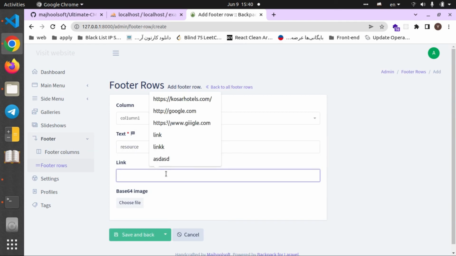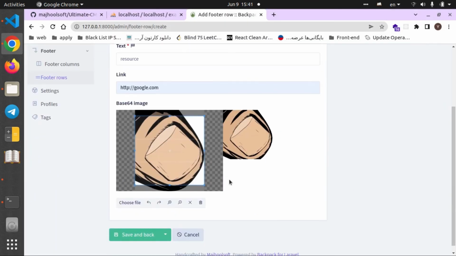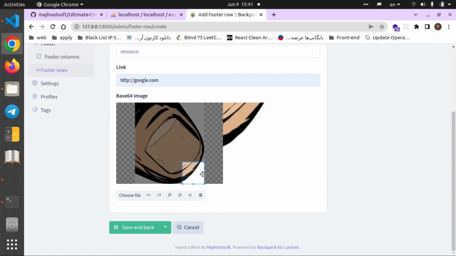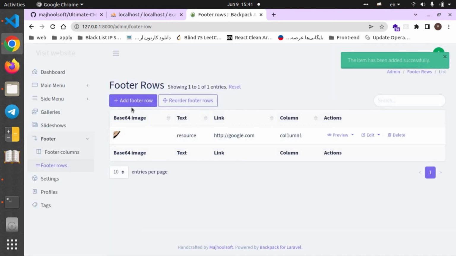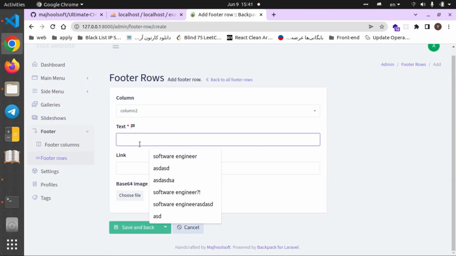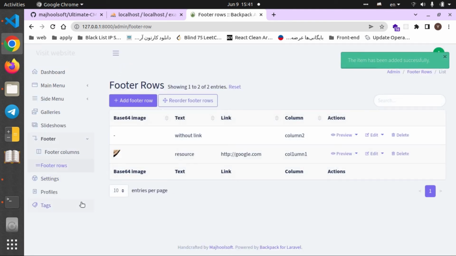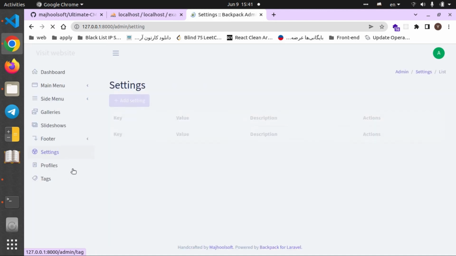Rows can either have a link or not. Same for image. They can have small images. Now let's add another row for another column without a link. So without a link. Save and done. Settings is where we can define other options